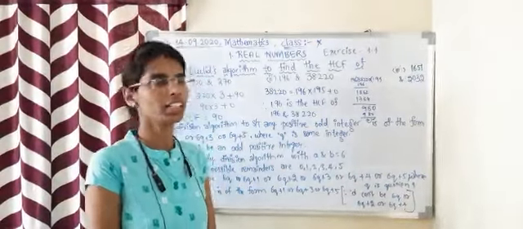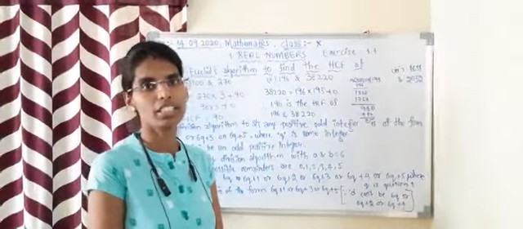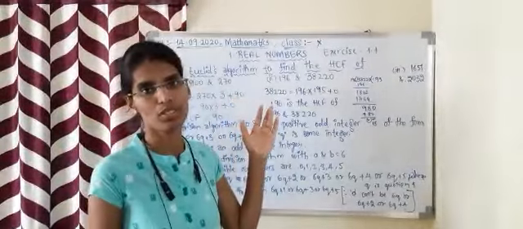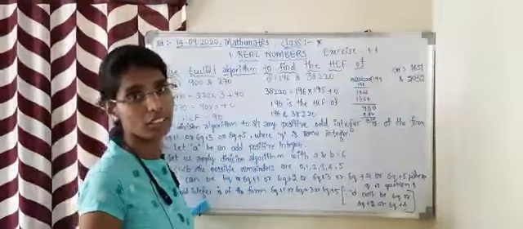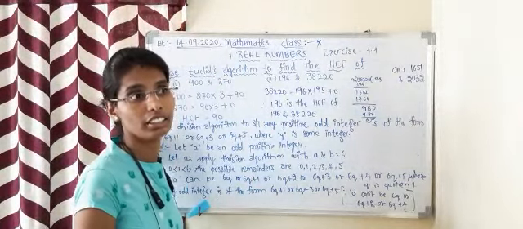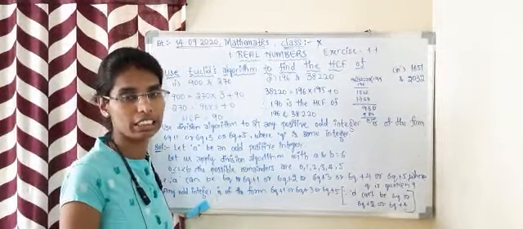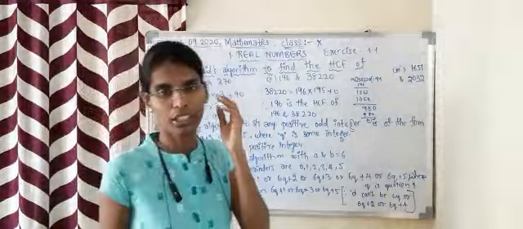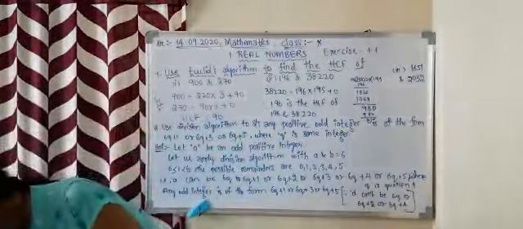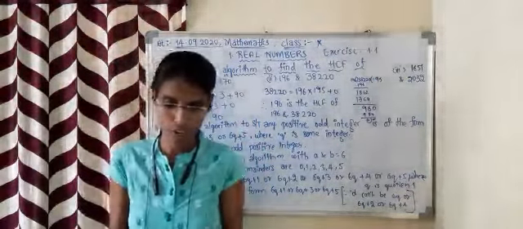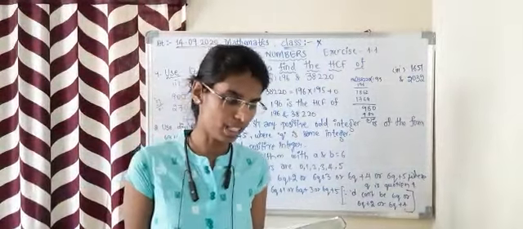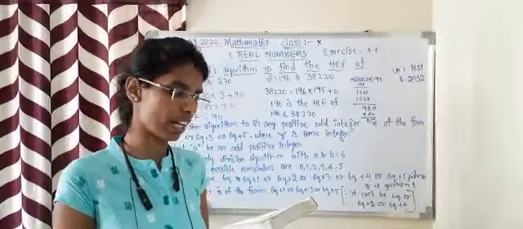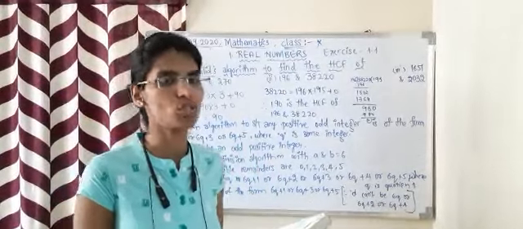Hello everyone. In our previous classes, we have learned about the real numbers, the properties of real numbers, the definition of the real numbers, and we have also learned Euclid's algorithm and the division algorithm. Here we have a few remarks in our textbook at page number 5. Euclid's algorithm is useful for calculating the HCF of very large numbers, and it was one of the earliest examples of an algorithm that a computer had been programmed to carry out.